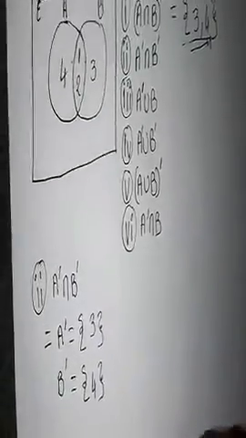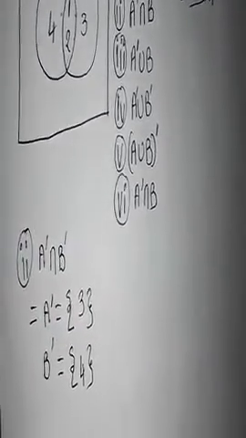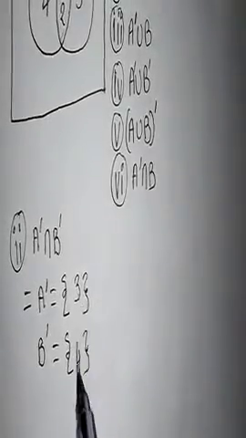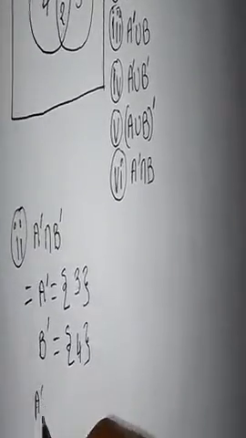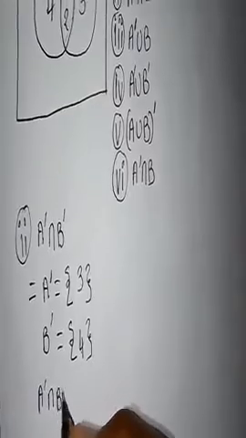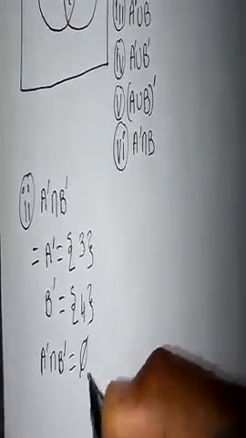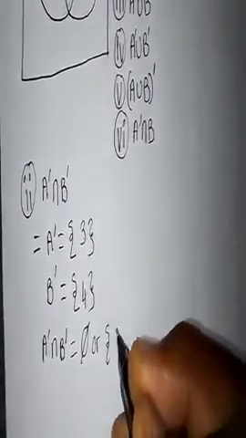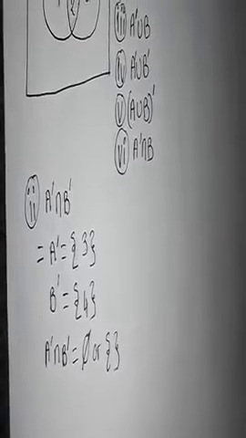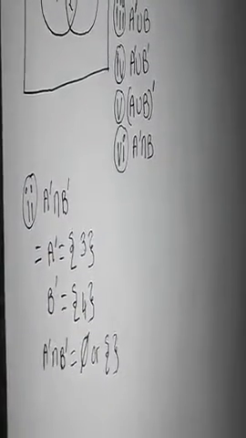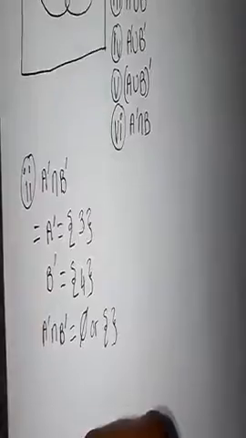So the next step, we are going to find the intersecting part. As you can see, 3 and 4, there are no common elements which belong in both sets. So this A complement intersection B complement is equal to an empty set, which is represented by this symbol or this. So this is an empty set. There are no elements which are found in both B complement and A complement. So let's go to the next question, which is